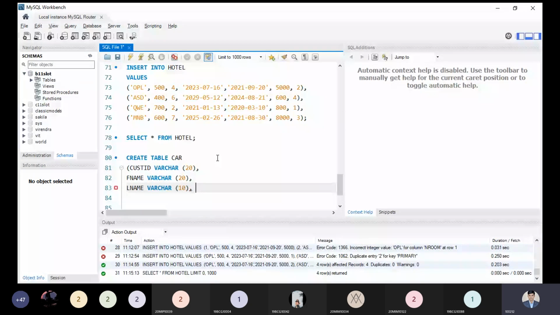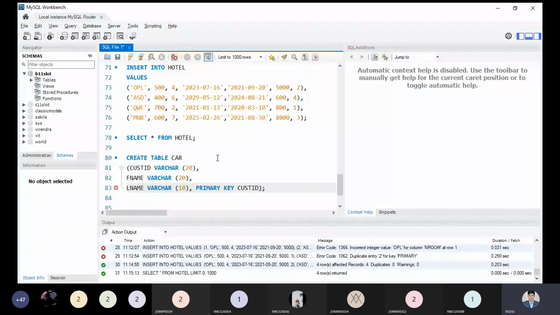So here we have a syntax which we want to make. Let me check where we have the primary key syntax. Now we have to use primary. We can't use the comma right now because we have a primary key. Primary is a keyword, primary key. And what is the name of the column? That is customer ID.